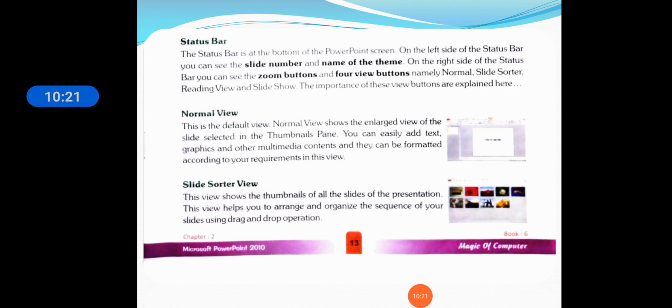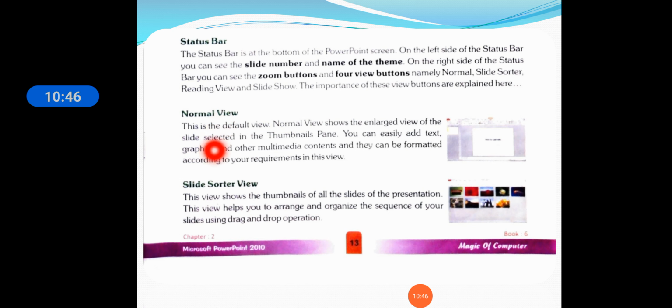It is at the bottom of the PowerPoint. There you can see the slide number and name of the theme on the left side, and on the right side the zoom button and 4 view buttons. So, these are normal, slide sorter, reading view and slide show. These are the view buttons given in PowerPoint.